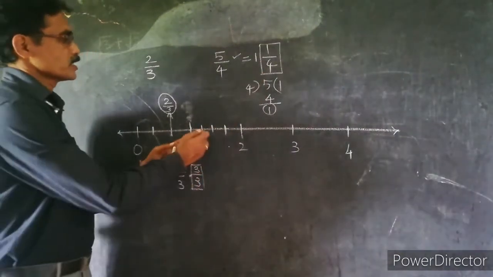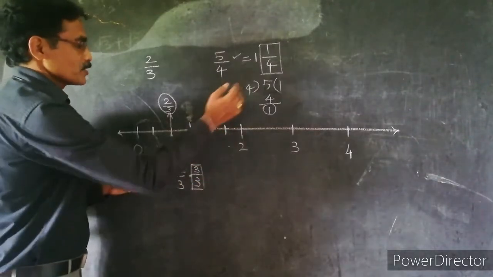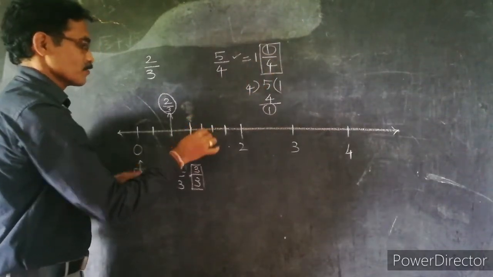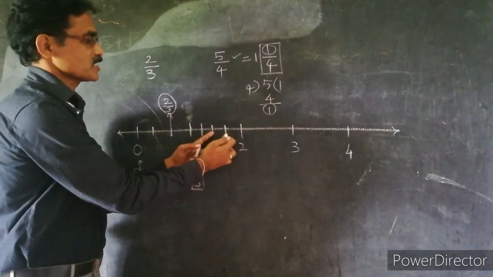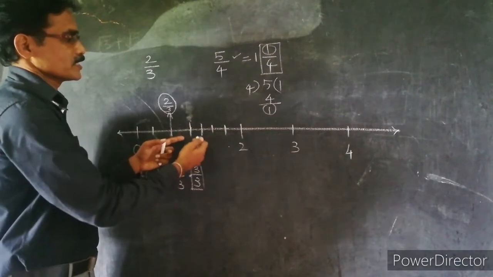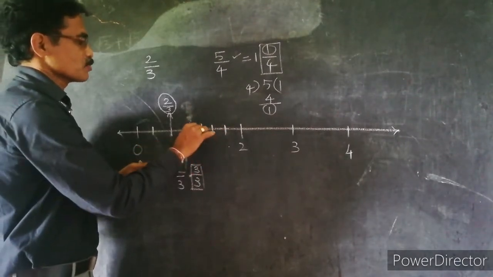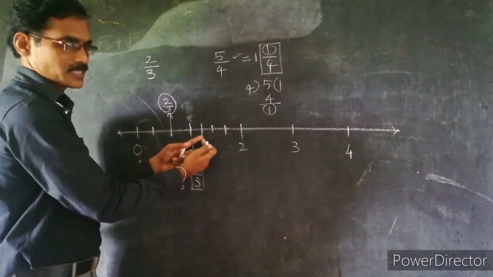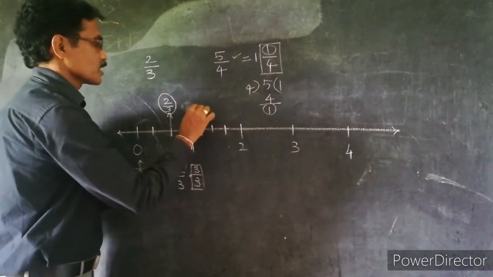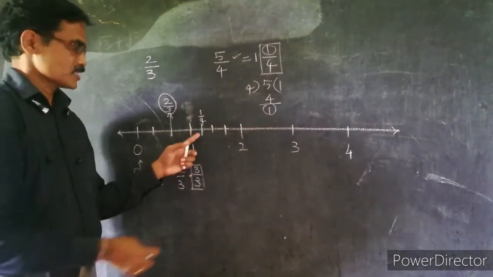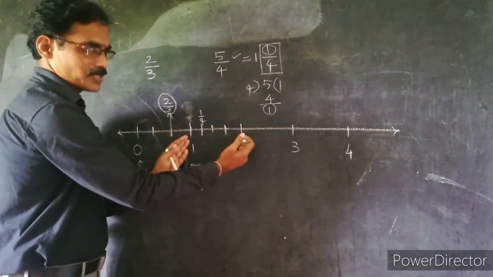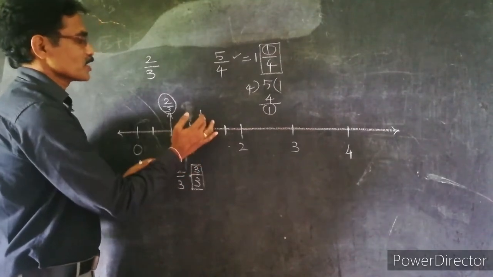We have to make 4 equal parts. In 4 equal parts, how many parts do we take here? 1 part only. So this is 1 by 4, this is 2 by 4, this is 3 by 4, this is 4 by 4. Total 4 parts, so we complete it by taking 4 parts. Among the total 4 parts, this is the first part, so it is 1 by 4. From here to here is 1 unit only. We want only 1 by 4.